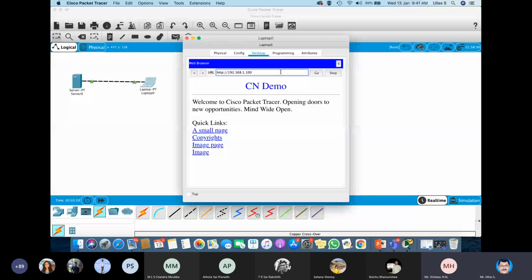CN demo. Okay. Now that has come. Now if I give HTTPS, then also it will come. Okay, HTTPS. So this time it is using the HTTPS protocol. Now it is using the HTTP protocol. If I want to give /index, this is also perfectly fine. I can give it, and it will give the same output.